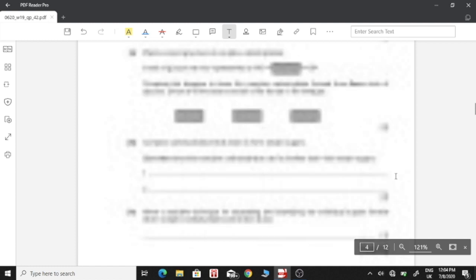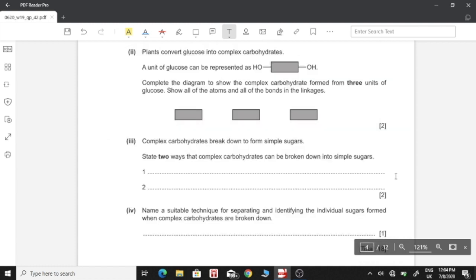Part 2. Plants convert glucose into complex carbohydrates. A unit of glucose can be represented as shown. Complete the diagram to show the complex carbohydrate formed from 3 units of glucose. Show all of the atoms and all of the bonds and the linkages. Right, so what happens